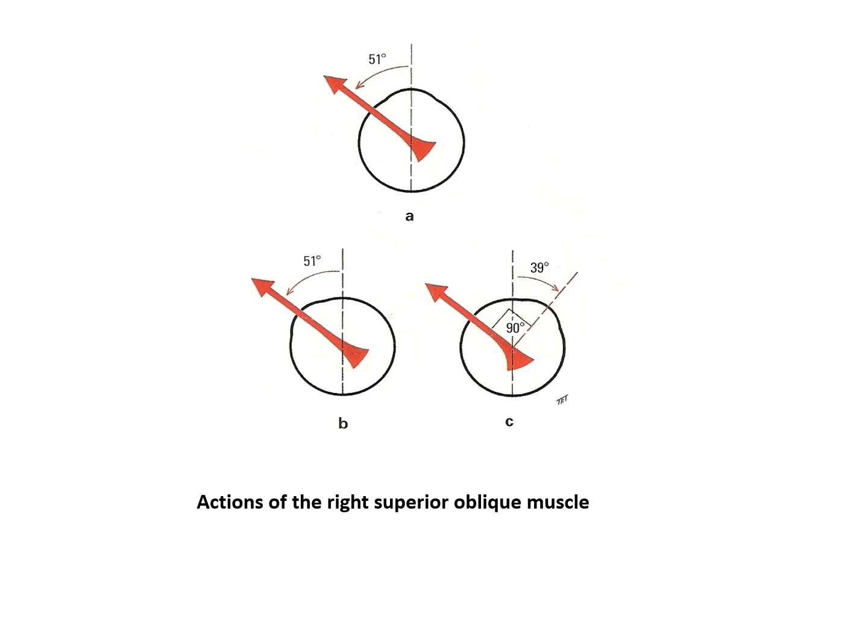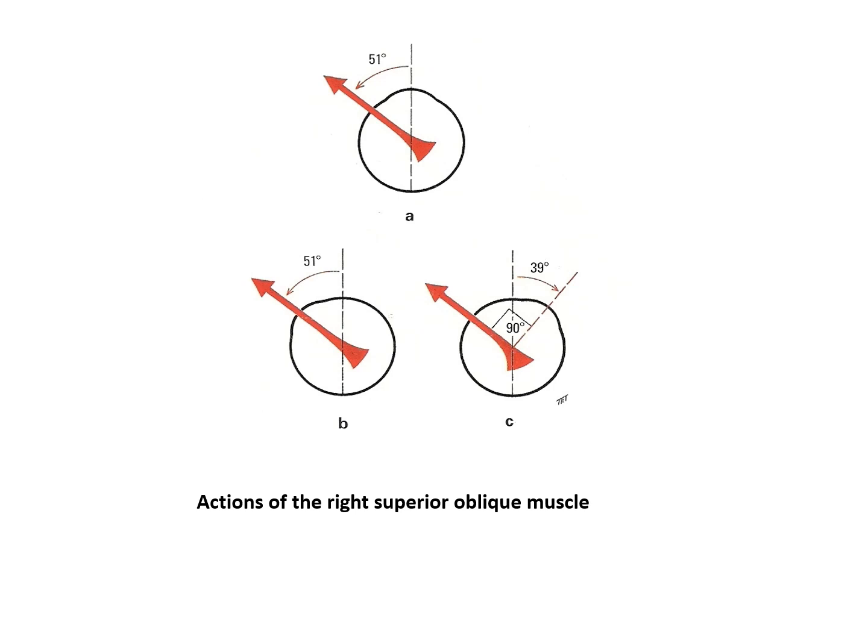So whenever we want to test the superior oblique, we test it in adducted position so that we can easily come across that the eye muscle is functioning and it causes the